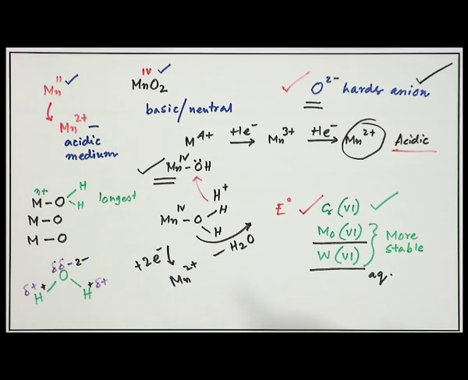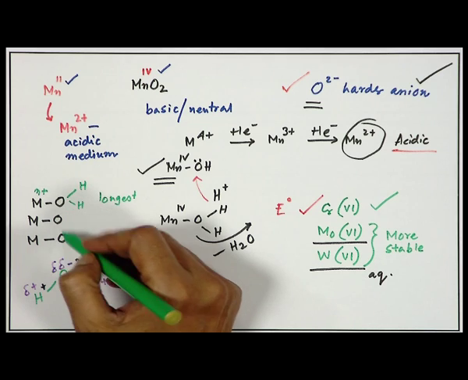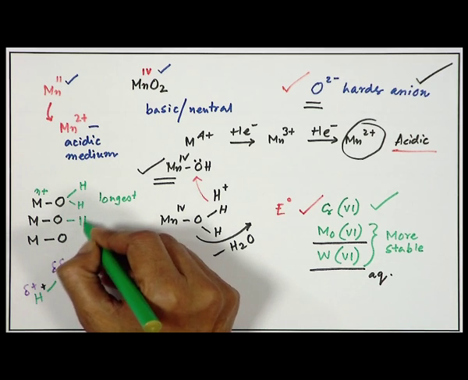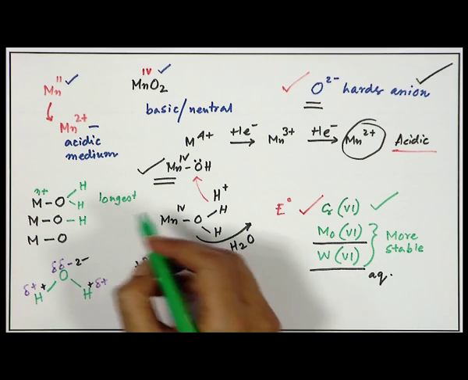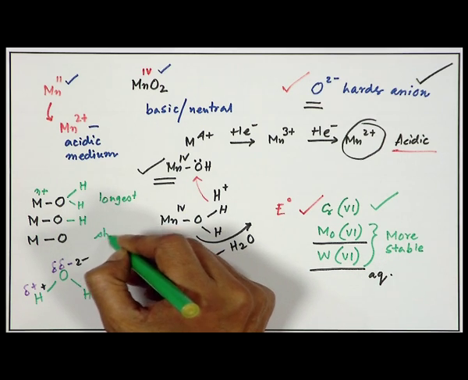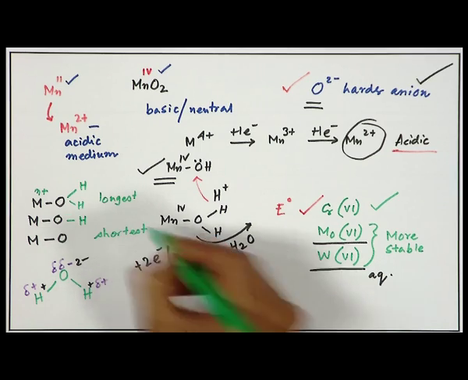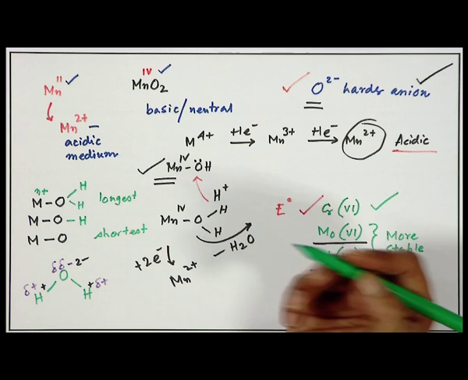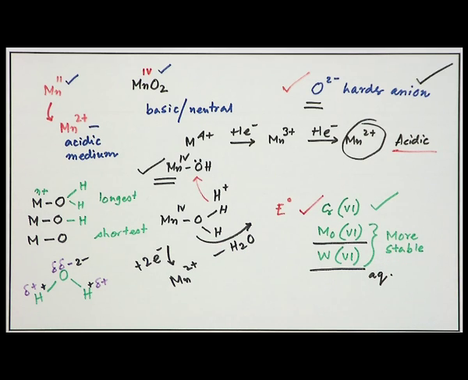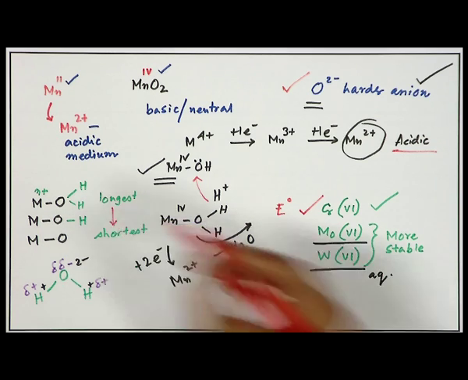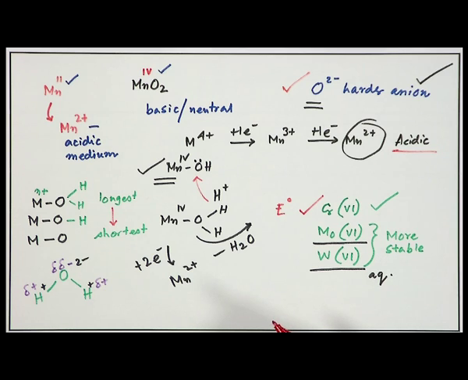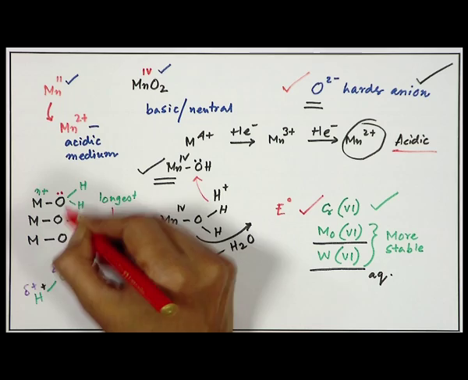So, the charge advantage will be there, and due to that charge advantage, when going from MOH2 to MOH to MO, the MO bond will be the shortest. It is a very simple logic. You can establish that logic yourself and satisfy yourself that the MO bond distances are decreasing. The decrease in these MO bond distances will tell you something, that you can have other lone pair of electrons,